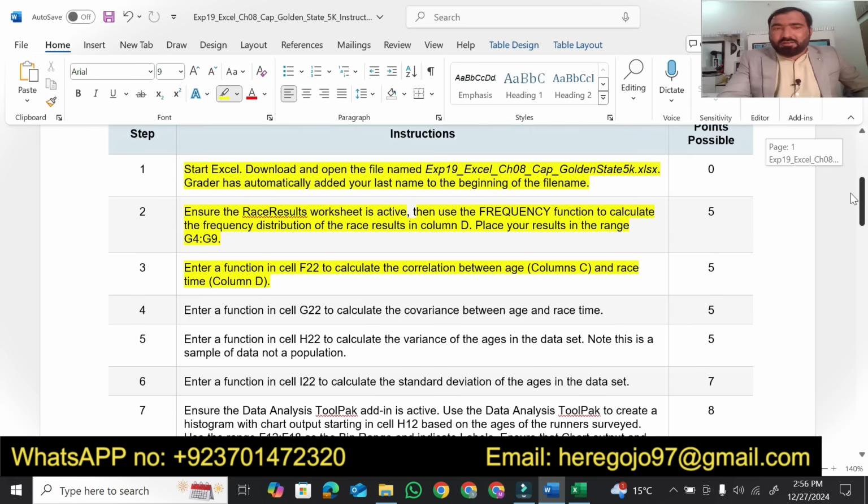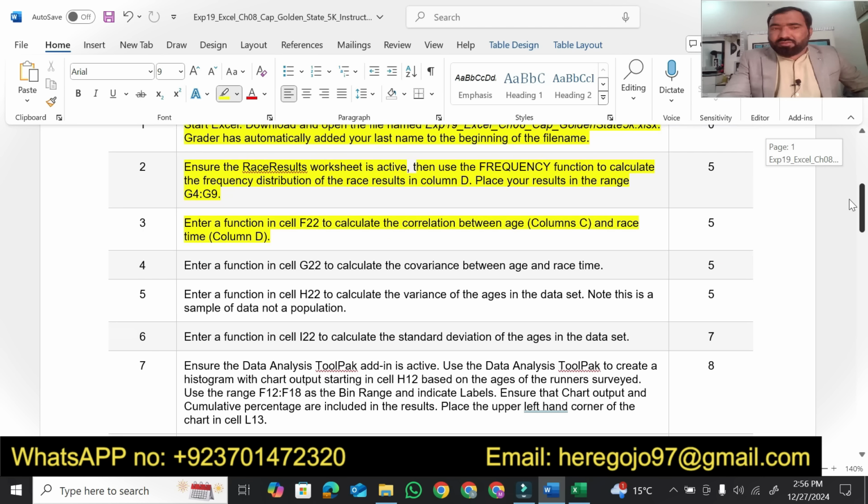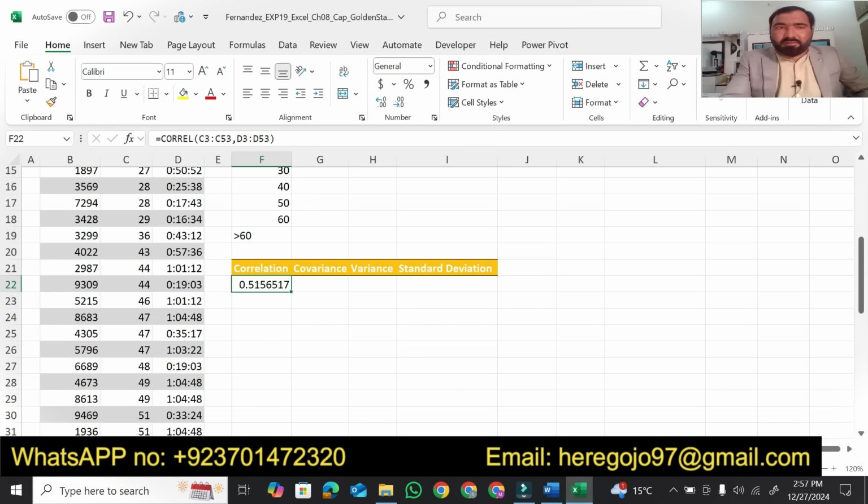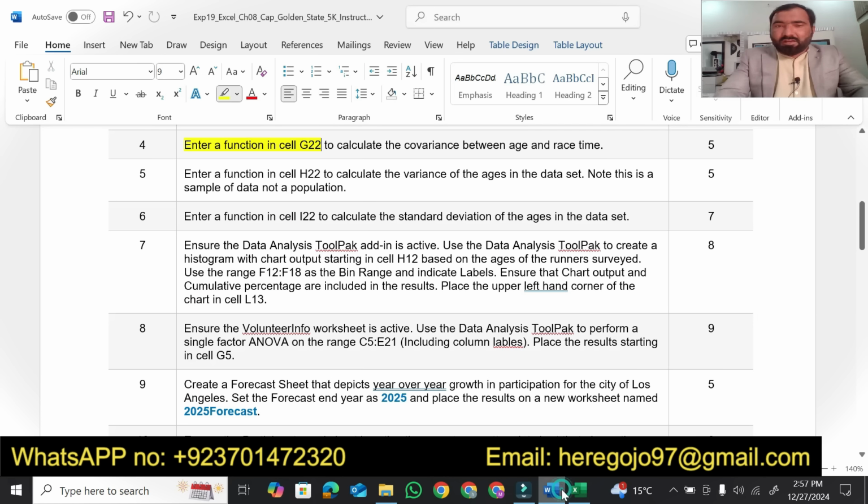After solving questions 1, 2, 3, now we are moving toward question number 4. In question 4, we have to enter a function in cell H8. First we write H8, press enter. Here we have to use a function. What function do we have to use? We have to calculate the covariance between age and race time.